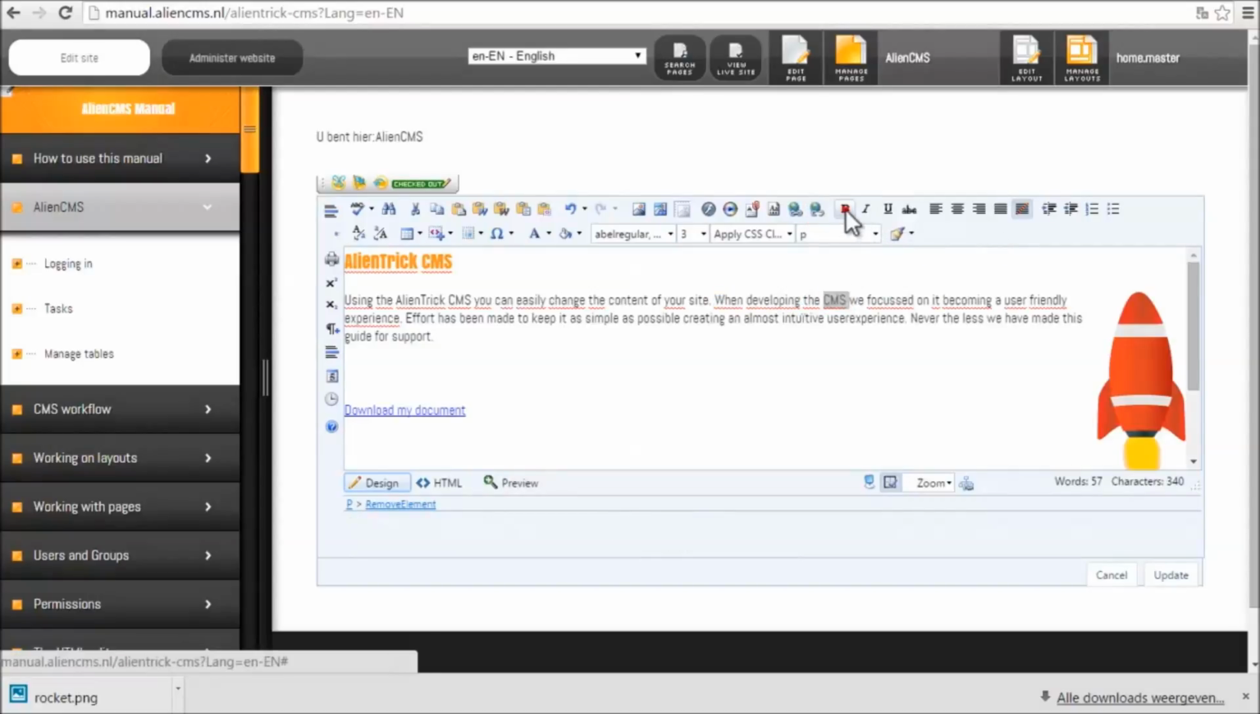You can change text, make it bold, italic, underlined, strike through, change the alignment of the text, indent, outdent, create a numbered list, an ordered list or bullet list, change the text like you're used to in programs such as Word, convert text to lowercase or uppercase,